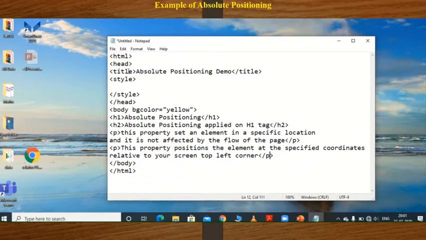First the HTML tag, head, then title: absolute positioning demo, then style. In between the style tag we apply the positioning attribute.